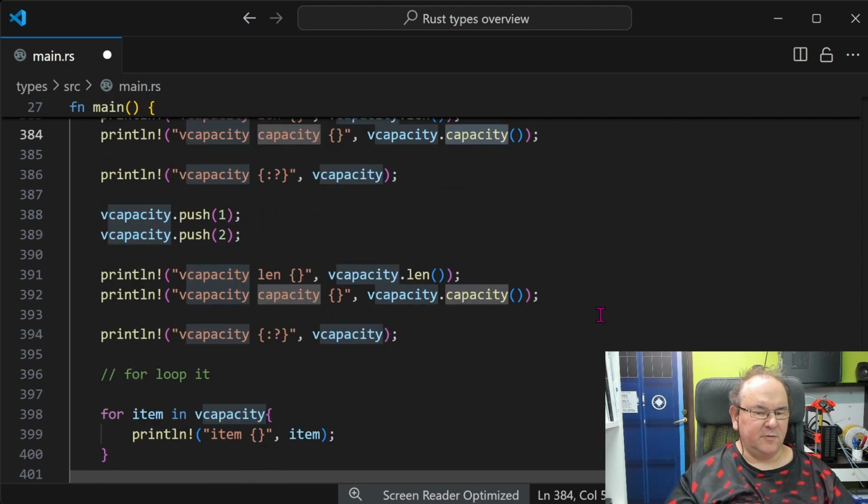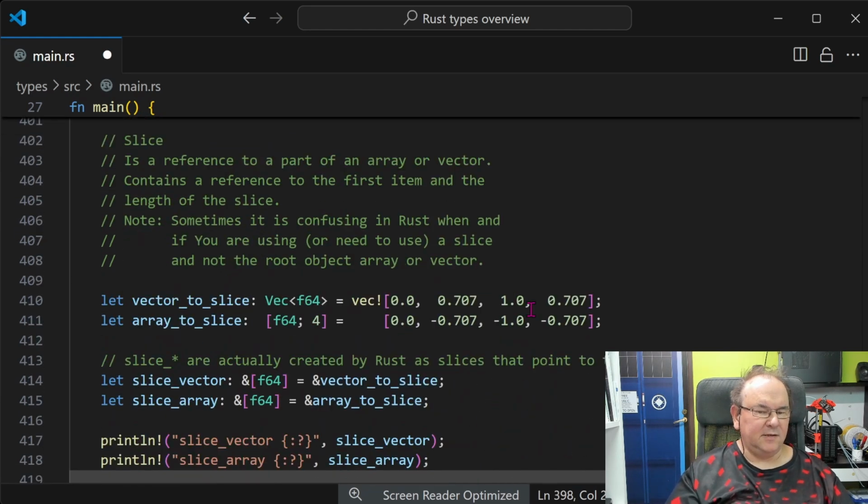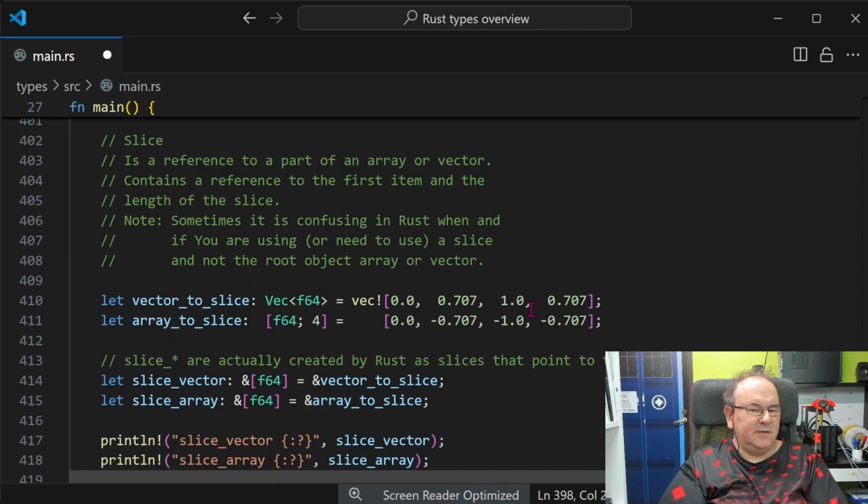And I made just a printout so you can see how it works. And then of course you can do these very simple for loops. So you say for item in v capacity, then you can just print out each item as normal. And then we get into this concept of slicing,